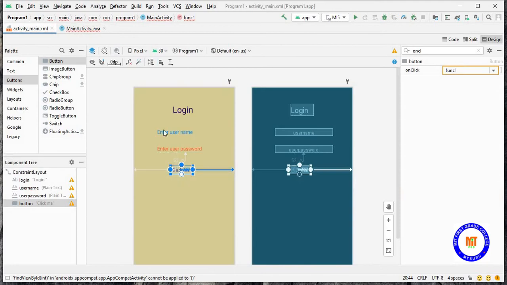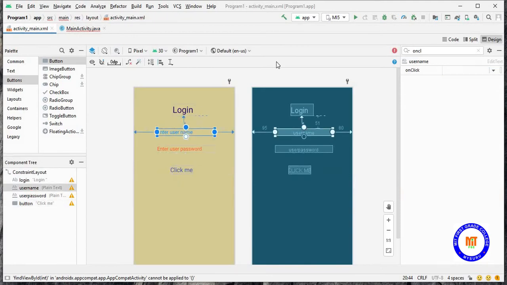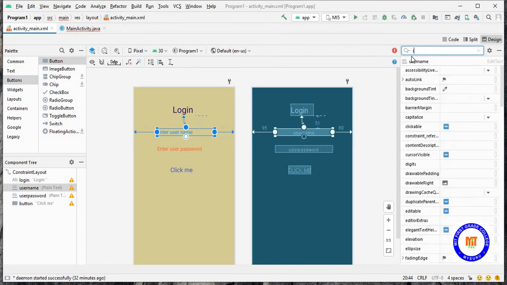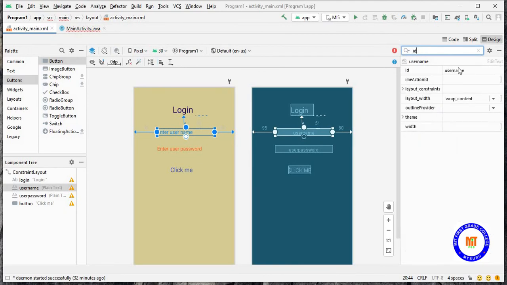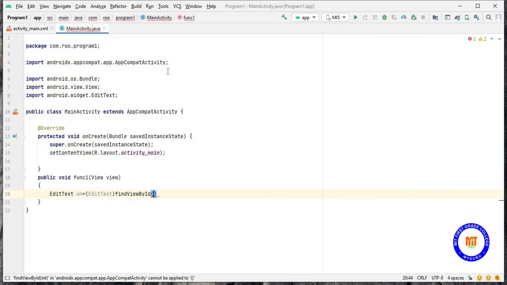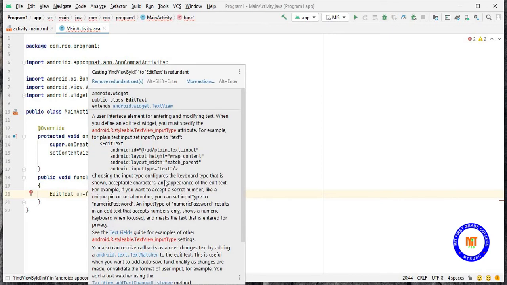So whatever the user enters here will be extracted using the ID. The ID I gave is the username. So using that I'll be extracting that and keeping it in the UN variable.